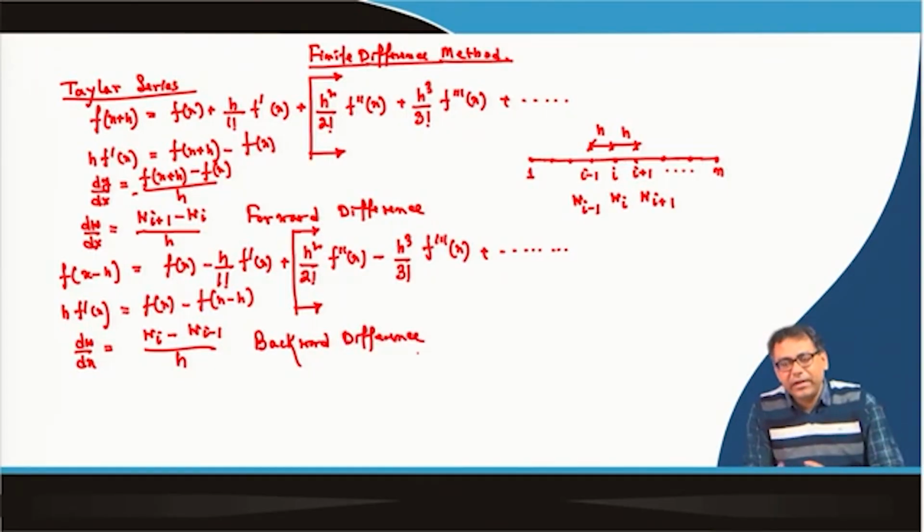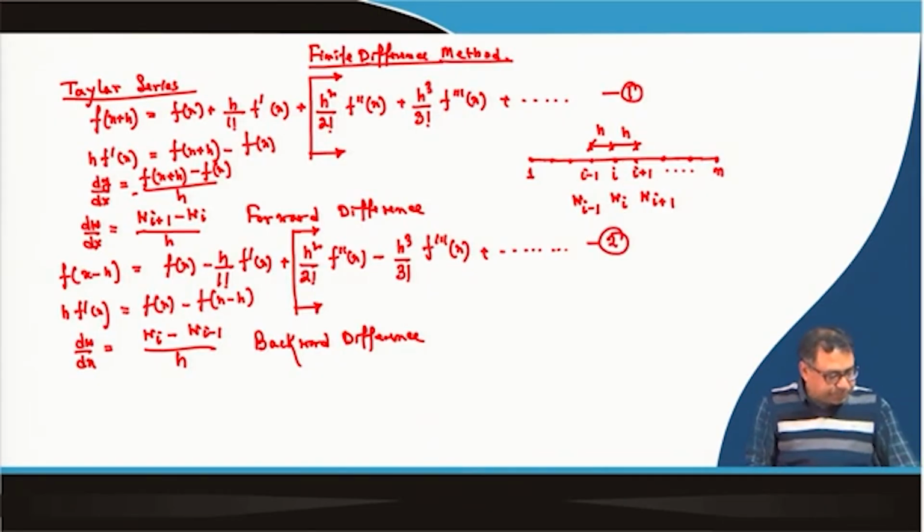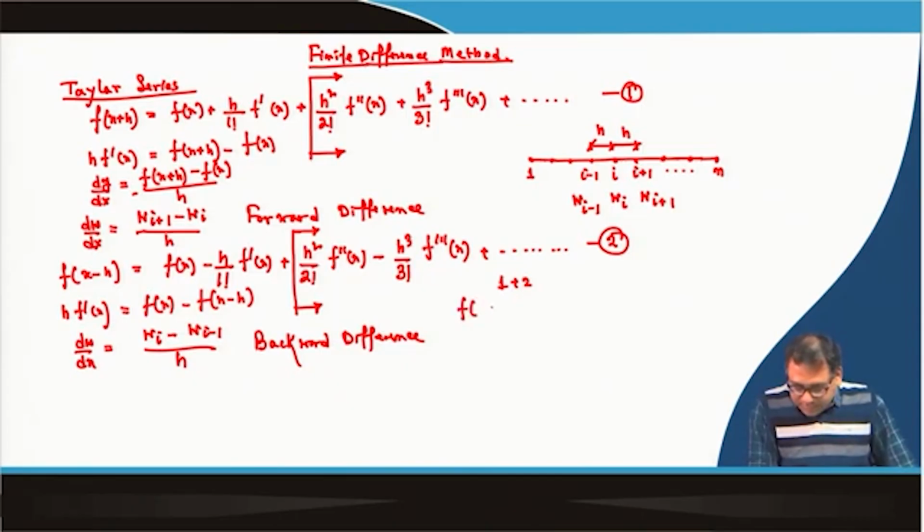So, here we are going in the backward direction, I to I minus 1. Now, this is equation number 1, this is equation number 2. If I add these two equations, then I will get f(x plus h) plus f(x minus h) is equal to 2 f(x), then this will cancel out, plus